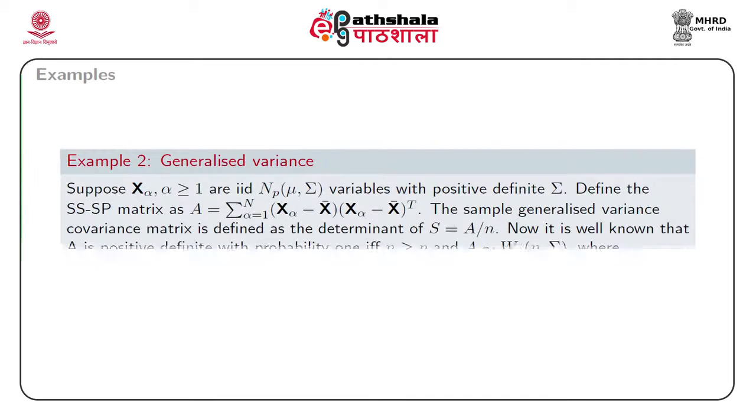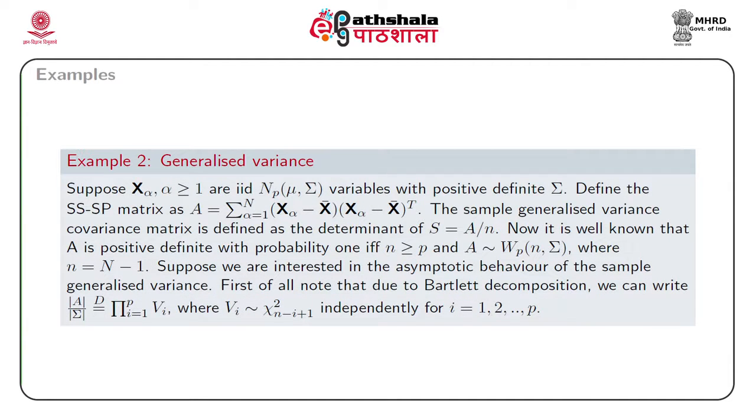So suppose x alpha are IID p-variate normal observations with mean mu and dispersion matrix sigma, and we assume that this dispersion matrix sigma is positive definite. Now define the SSSP matrix A as the summation over alpha from 1 to n of (x alpha minus x bar) multiplied by the transpose of (x alpha minus x bar). The sample generalized variance is defined as the determinant of S, which is A divided by